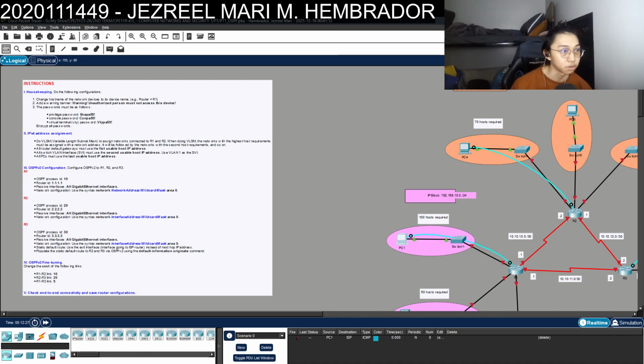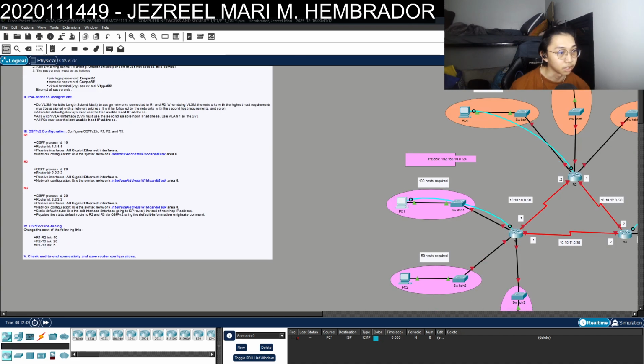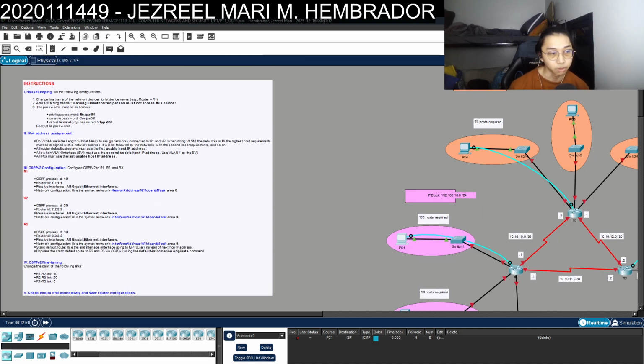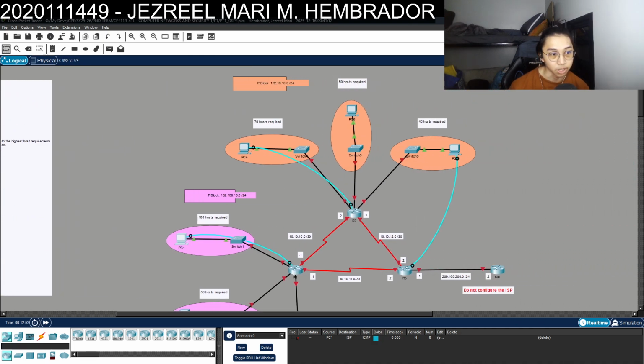First, we're going to do the housekeeping, then the IPv4 address assignment, and then the OSPFv2 configuration for R1, R2, and R3. And then OSPFv2 fine tuning. And lastly, check the end-to-end connectivity and save router configurations. So first, for the housekeeping,